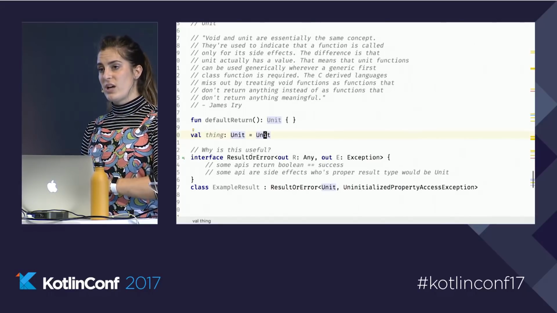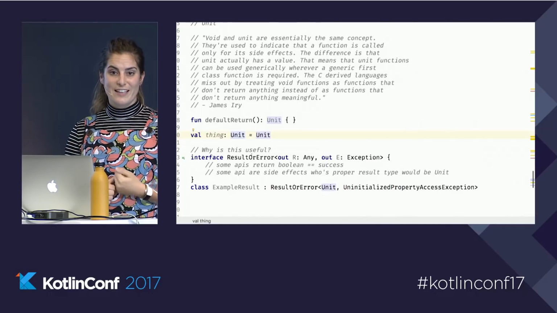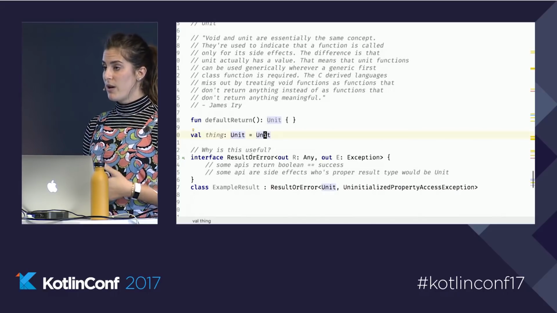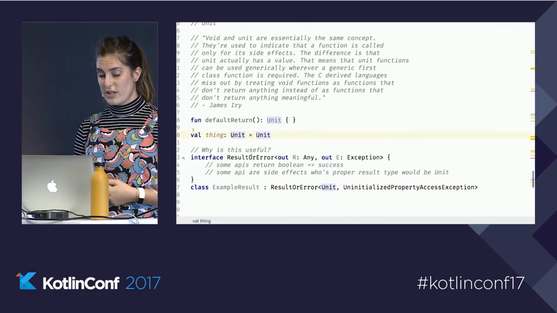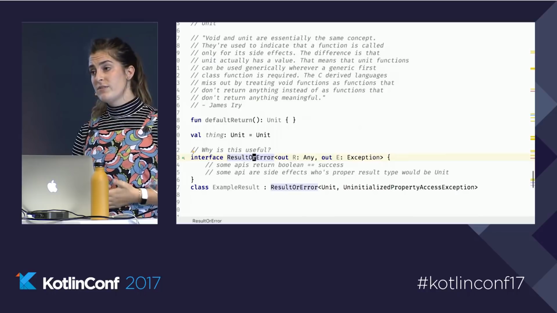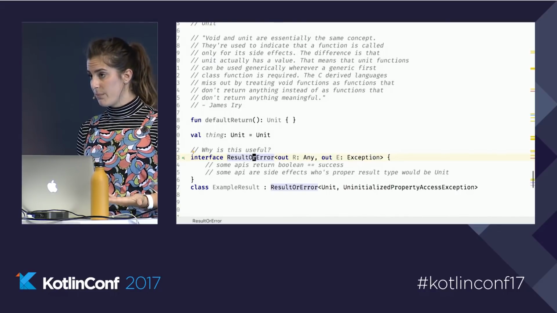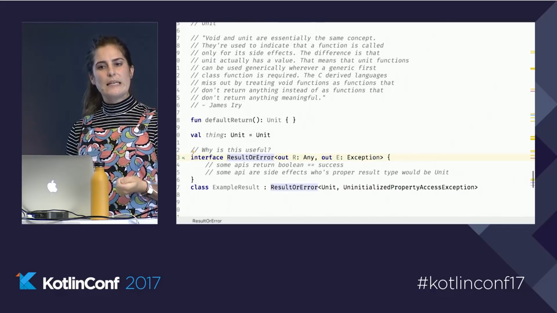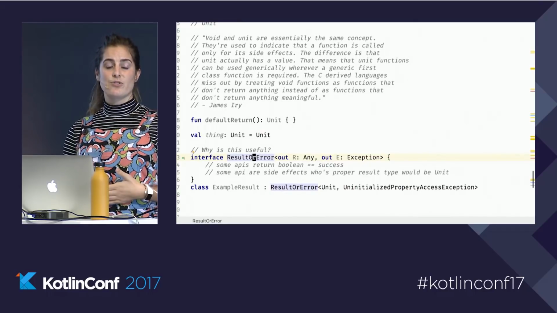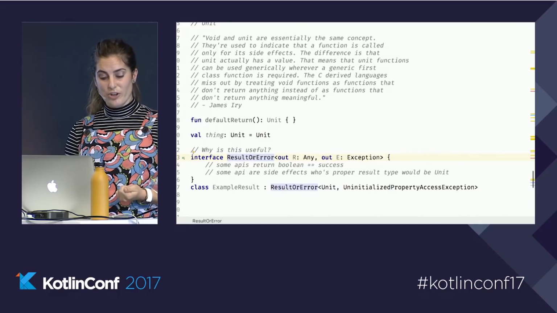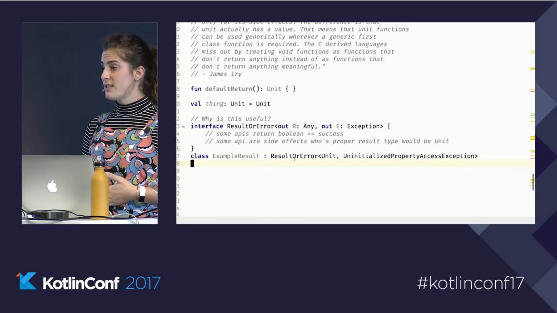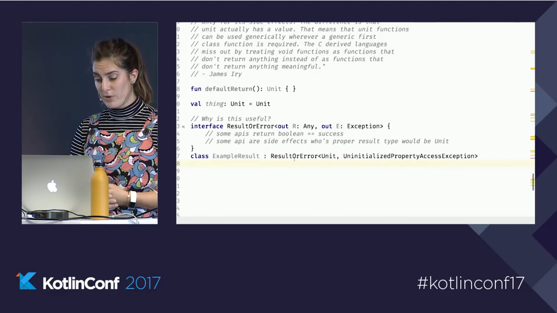Where it really starts to shine is anytime you use generics. And the reason for that is because it is a type, and so it can be put into that generic parameter in the same way you would use any other generic. So here, say you wanted to do something that was result or error. A lot of times, that result would be returning something. But sometimes just completing successfully is the result that you desire. In that case, it might be true that unit is the value that you're looking for. Here, that's no problem. We can go in and parameterize something and give it unit as this instance parameterization, and